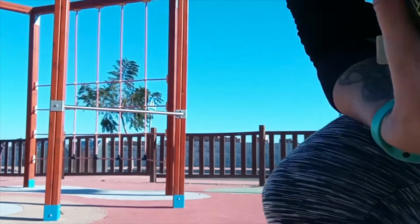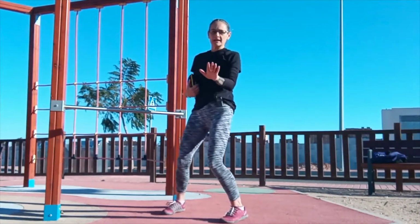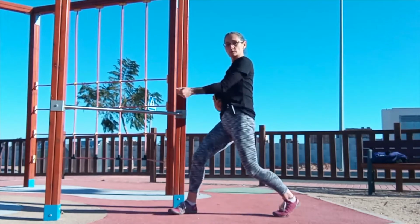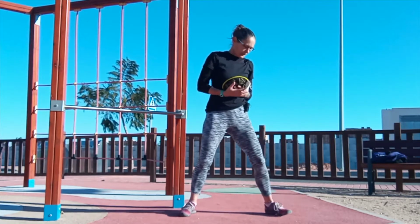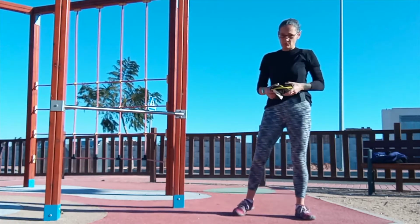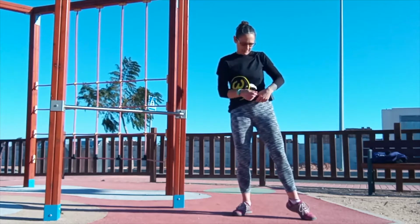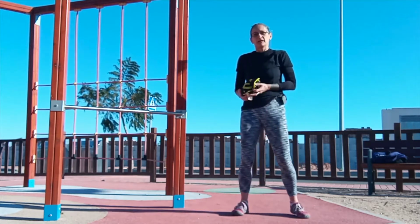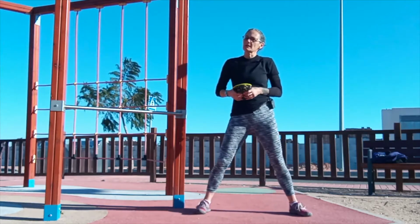All right, so we've had TRX, we've had band, now we have sandbag. So I'm just using 3 kilos. By all means use a 5 or an 8, or if you've got something more, then obviously choose your weapon weight for the day. I'm just keeping it light because I'm more into mobilizing myself today rather than a strength